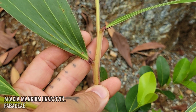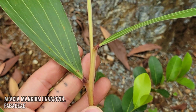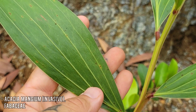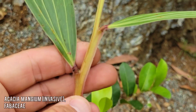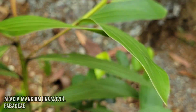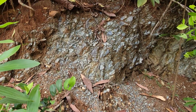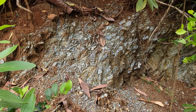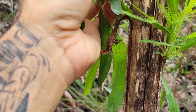Well, like 95% of the genus Acacia is native to Australia or that region of the world. But again, Fabaceae, the pea family, very distinct venation on it. God, I just love that. Anytime I see that color, I just know it's the metamorphosed ultramafic rock. It's the nice serpentine. Okay, I don't want to spend too much time on this because it's an invasive, but